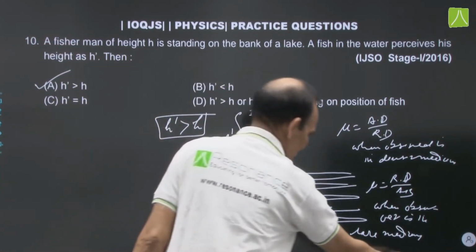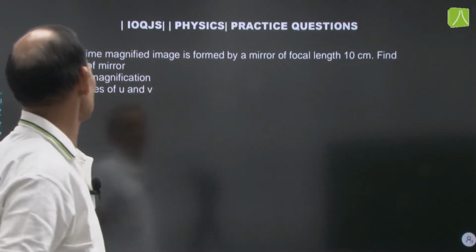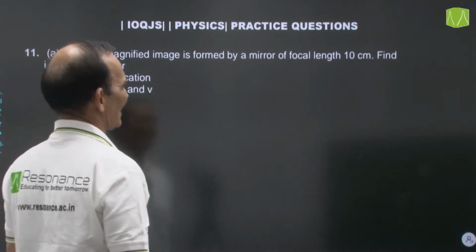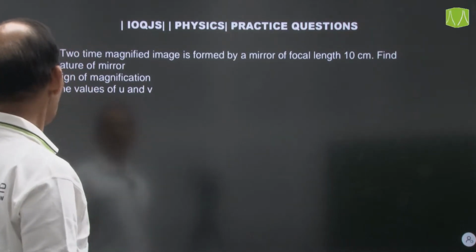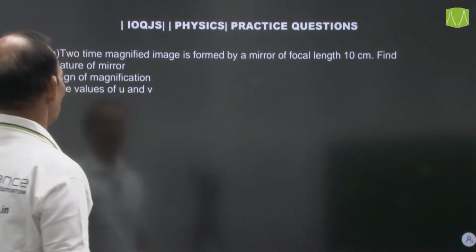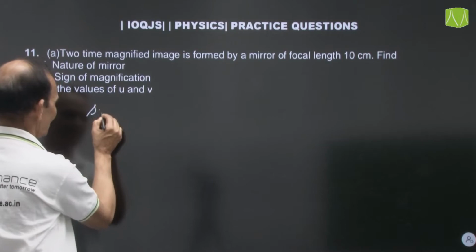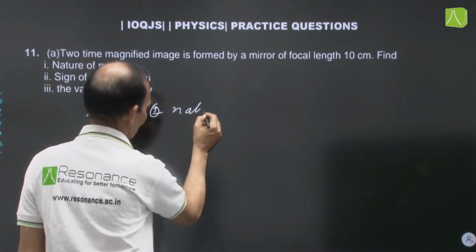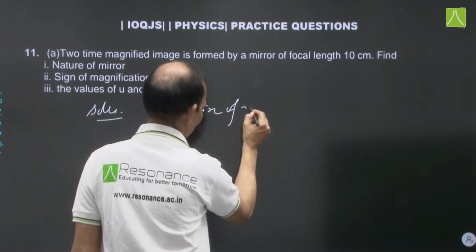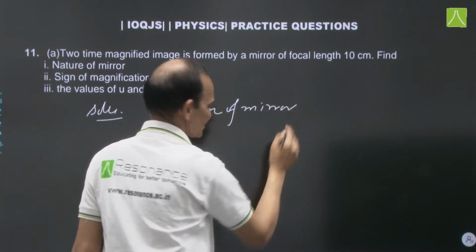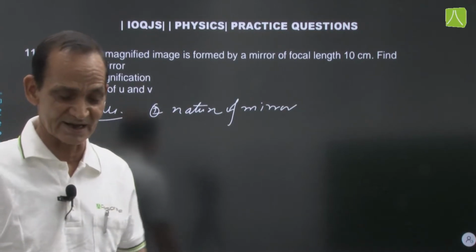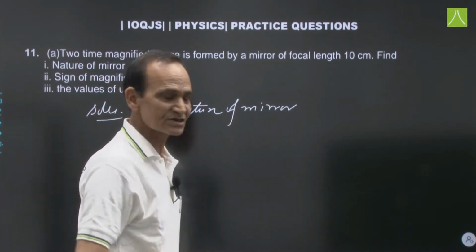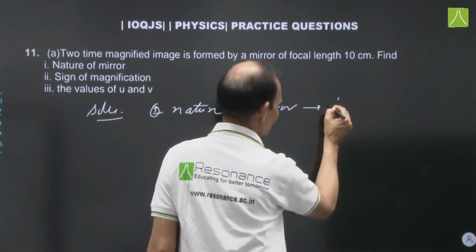Now next question. These are the subjective questions. A 2 times magnified image is formed by a mirror of focal length 10 centimeter. Find the nature of the mirror. First part solution: nature of mirror. Generally students' answer will be, it is concave. It is not nature, it is a type of mirror. So the nature of the mirror is that it is converging,